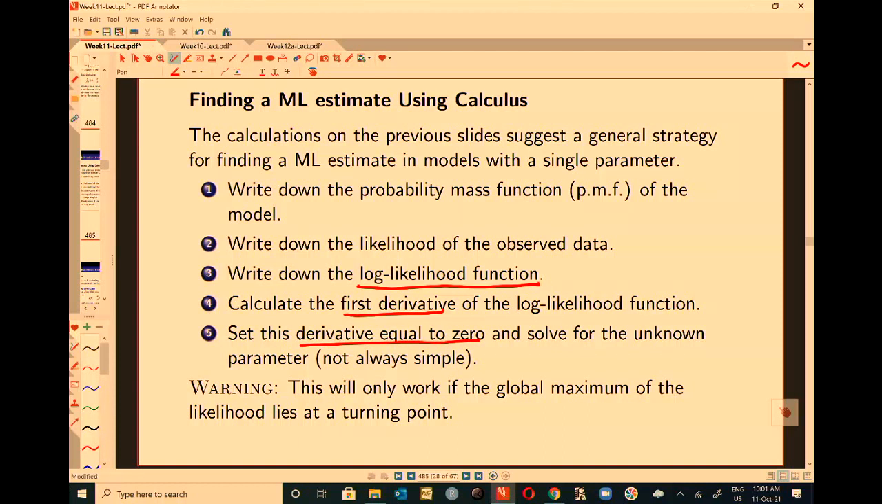Now, this isn't simple, and it doesn't always work. This idea of trying to maximize by differentiating only works if the global maximum actually lies at a stationary point of the likelihood. As simple examples, this kind of thing fails where,